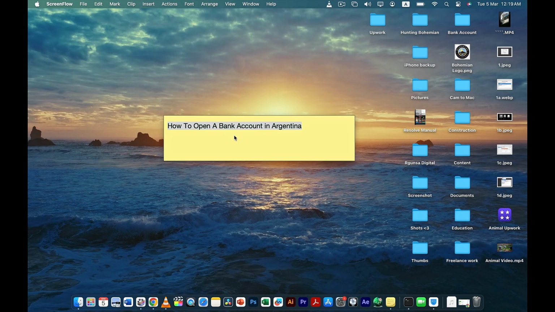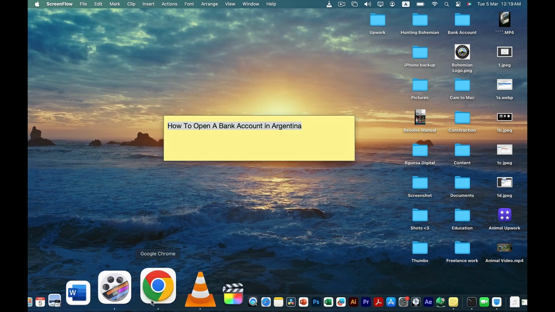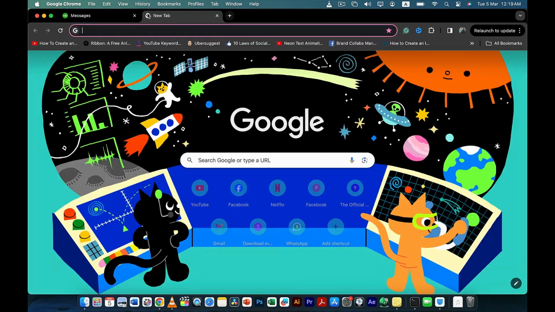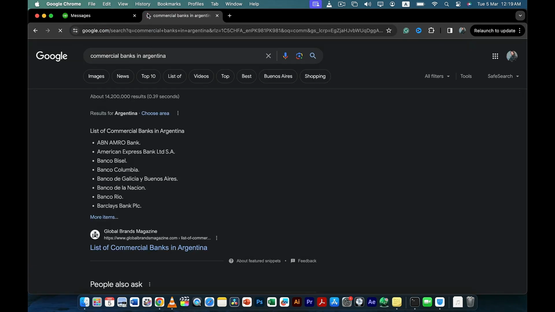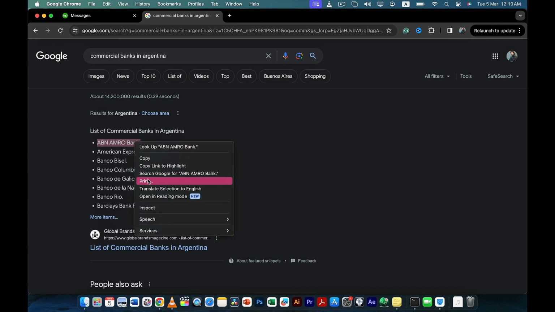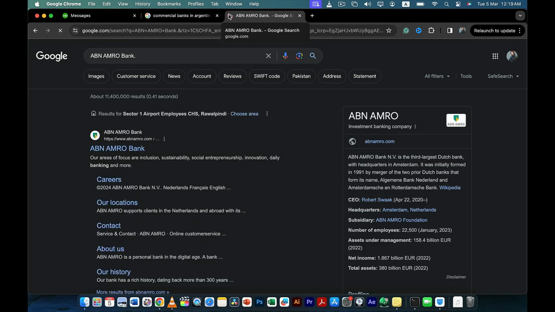So the first thing that you need to do is open your web browser, and here you have to type commercial banks in Argentina, and Google will give you a list of banks. So I'll select the first one from here, and then I'll paste it here. I'll open the link,